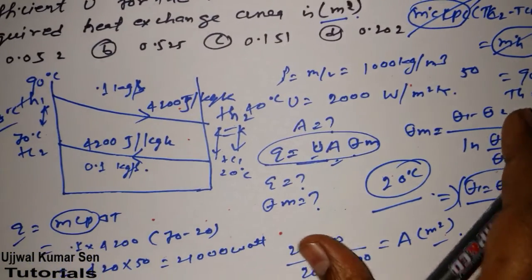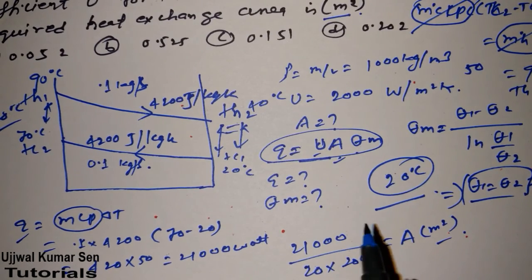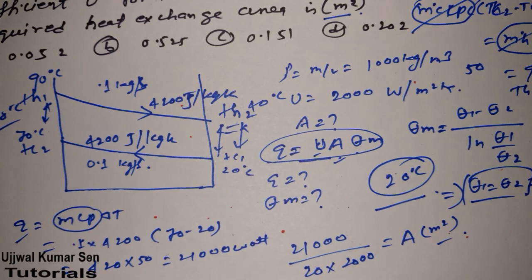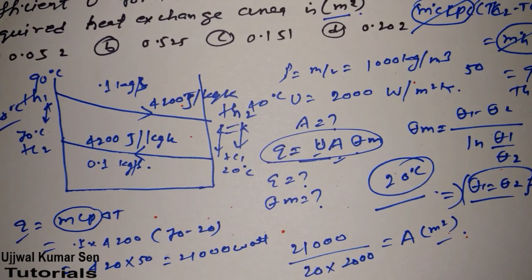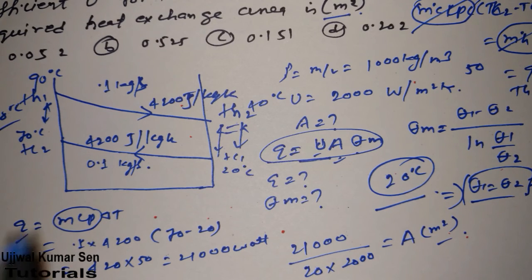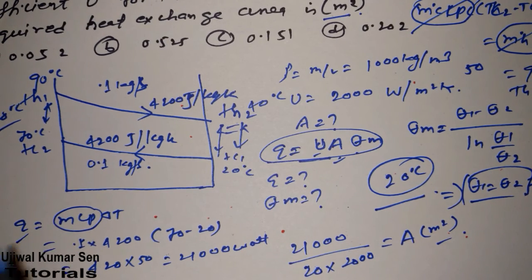And most importantly, if we solve this problem, then you will probably completely understand the concept of heat exchangers, because we have used four formulas here. These four formulas play the most important role in solving any question related to heat exchangers. But here one thing is missing: we are using only a counter flow heat exchanger. We are missing the parallel flow heat exchanger, because most of the time we have also seen questions on parallel flow heat exchangers.